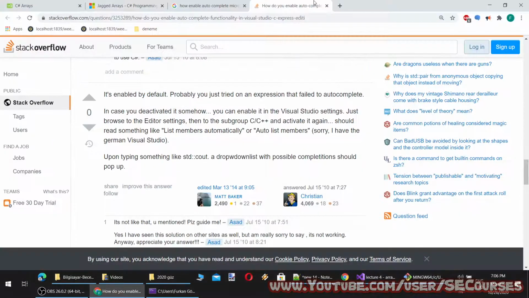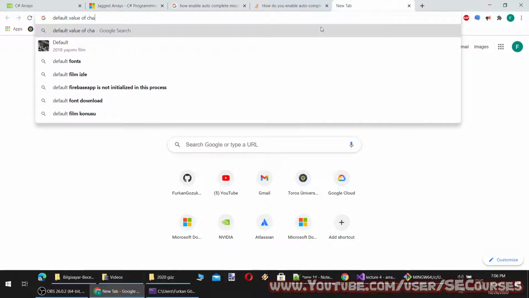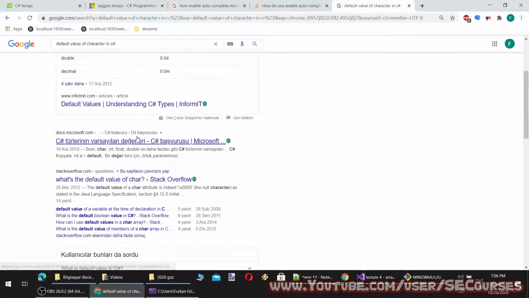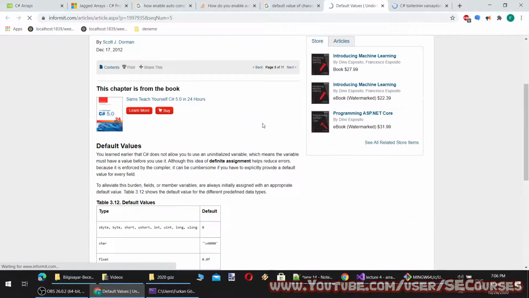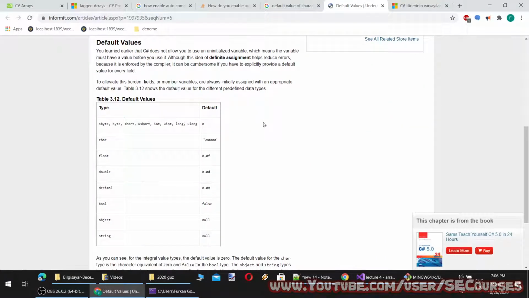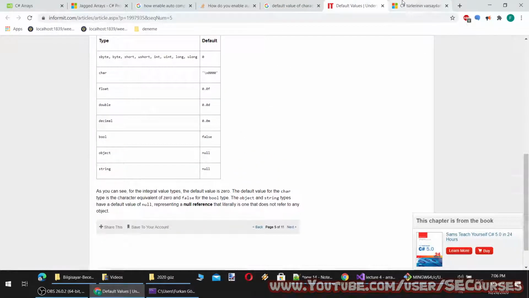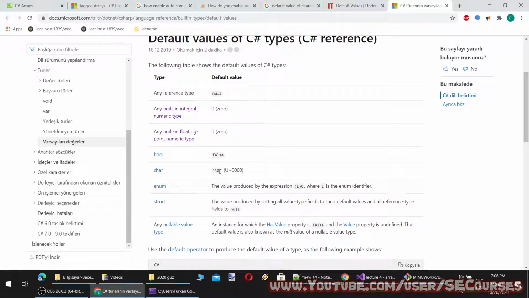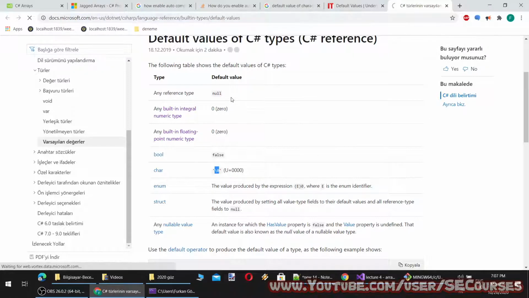Let's see more information. Okay, there is more information here. So character is this one. Probably this is empty character, translating as, let's check the United States.